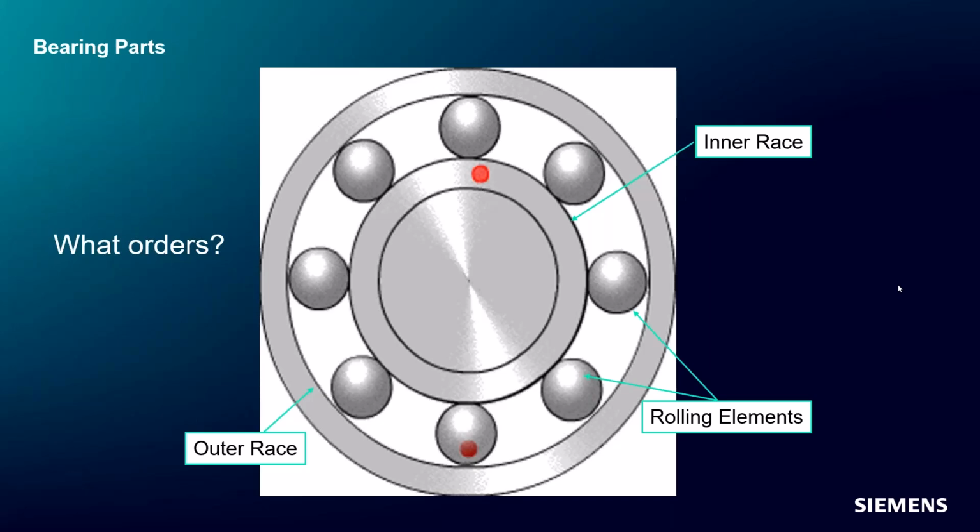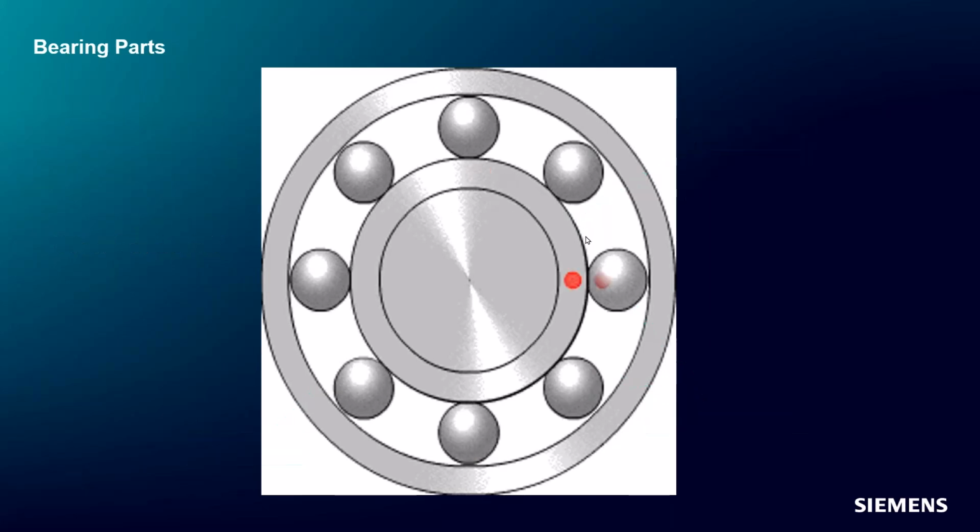If you had a bearing like this, Steph, and you had to guess what orders the bearing might produce, what orders do you think it might create? 8. Yeah, you would look at this and say, hey, there's 8 rolling elements, so maybe eighth order would be really strong. With gears and things, you can always count the number of teeth. With the combustion events, you can count the number of chambers. But guess what, Steph? It's not true. Bearings end up being a little bit more complicated because there's this relative motion, if you will, between the inner and the outer race.